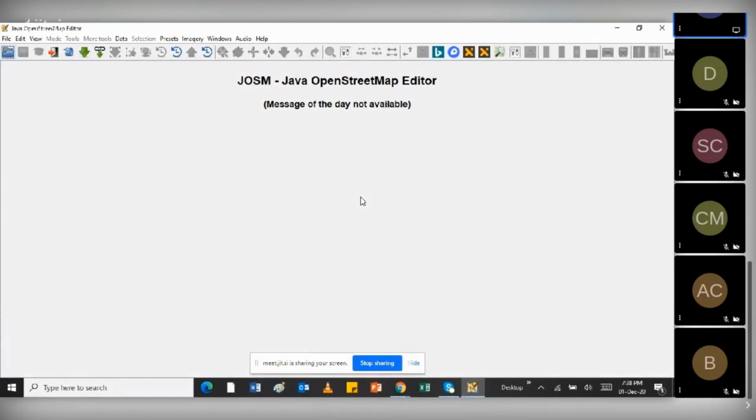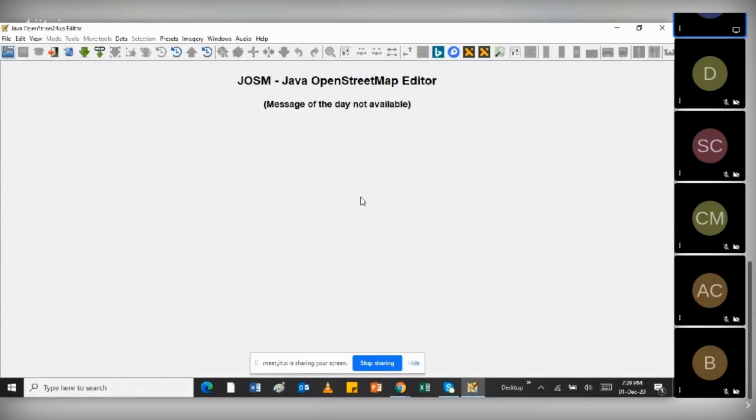With iD, it's just basic editing tools and minor small tools that you can make basic edits with. But if you want to go into complex editing, then you can easily use JOSM. At this moment I can't say which one is better than the other, because it also depends on preference.